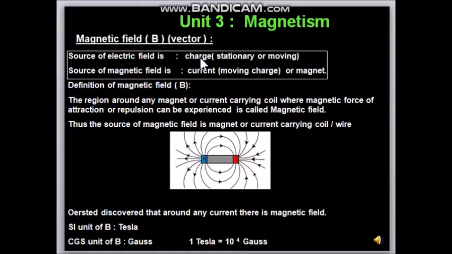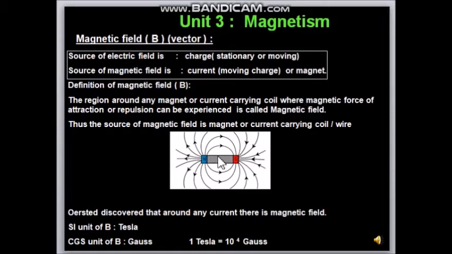Now in the same manner, we will talk about the magnetic field. The story of magnetic field is a little different. The sources of magnetic fields are actually two. First of all, you have studied about magnets, that around any magnet, some natural magnets or permanent magnets. I'll take the example of iron ore magnetite. That is a natural magnet. So some materials in nature are permanent magnets.